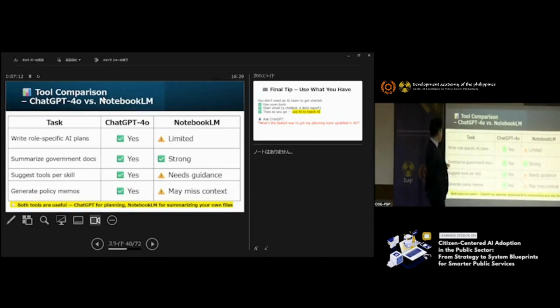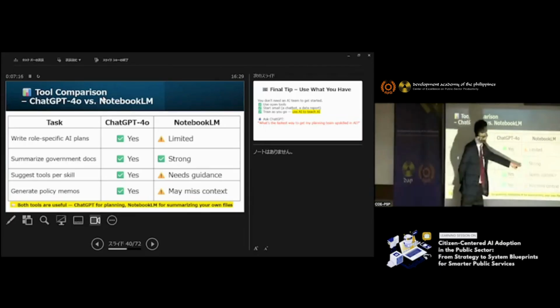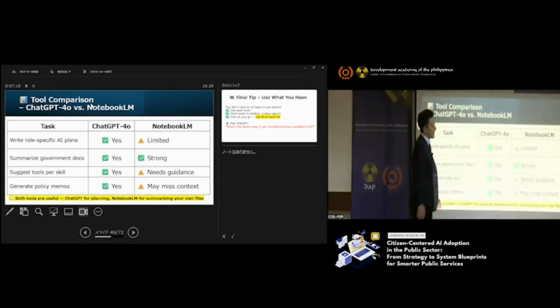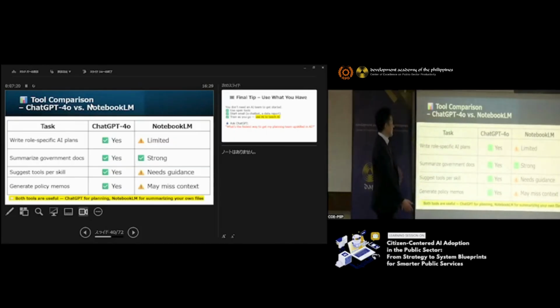But in terms of summarizing documents, NotebookLM is so powerful that it can handle a lot of data at the same time. But for writing, planning, summarizing documents, suggestions, and generating a policy brief or memo,